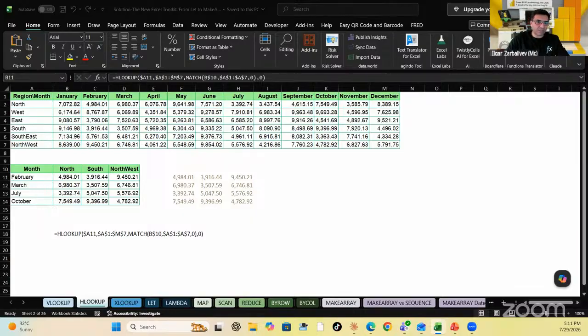For example, if I say match, my lookup value is north, and if I'm going to select this one, and my match type is going to be exact match, I'll get this number. So let me come here, and instead of 2, I'm going to type match. My lookup value is going to be north. So here I have to keep my row fixed,